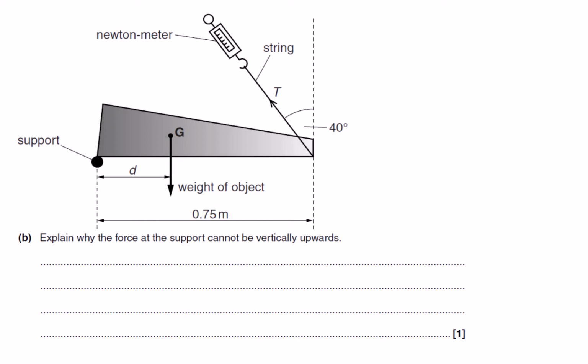So if we have a look here, the weight is vertically downwards, but T is not vertically upwards, so we could think of T as being made up of 2 components. T is going off in this direction, and I can think of that as being made up of both a vertical component and a horizontal component. So therefore the support force D must also have a horizontal component equal to the horizontal component of T. So I would put my answer down as being something along the lines of